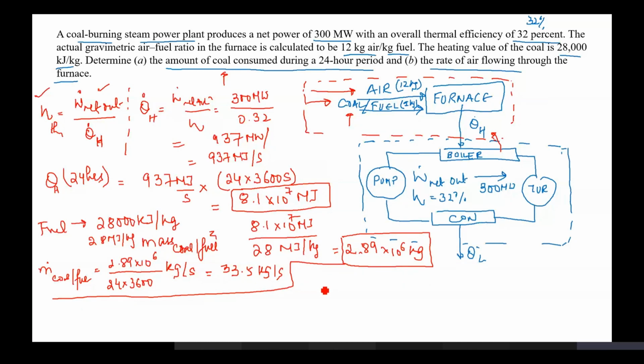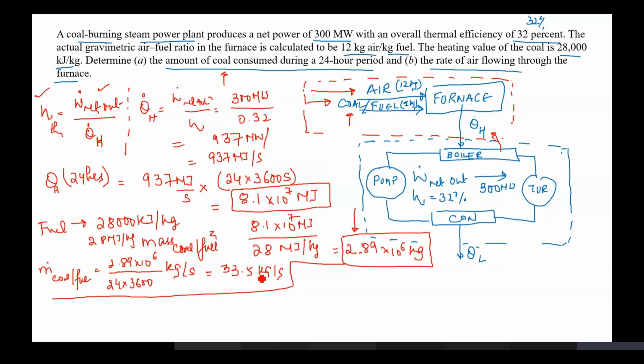You have been given G. Can you explain why we divided 8.1 cross 10 to the power 7 divided by 28 megajoules? If I want to find out at what rate the coal was being provided to the furnace, I know that this much amount was used in 24 hours. This much amount in 24 hours, the rate would be, at 1 second, 33.5 kg was being transferred to the